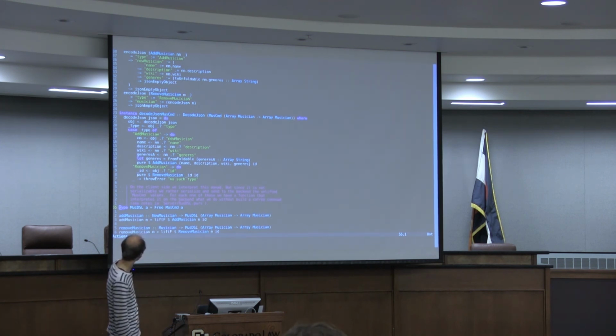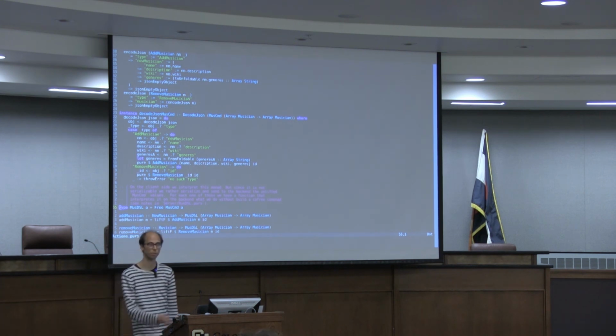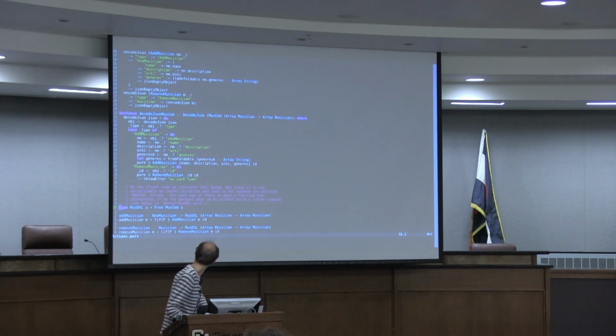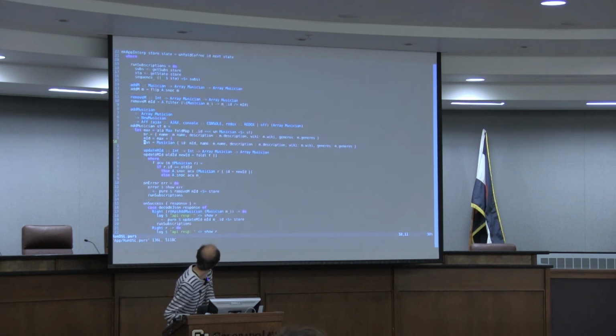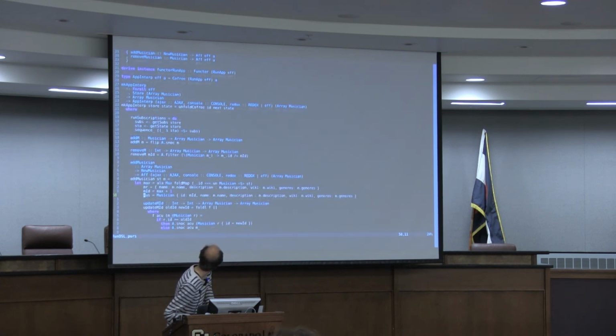There are these two functions that can be used to act. This add musician, which is lift F over add musician, and remove musician, which is lift F, which we've seen already today in the morning. And then the interpreter on the front end